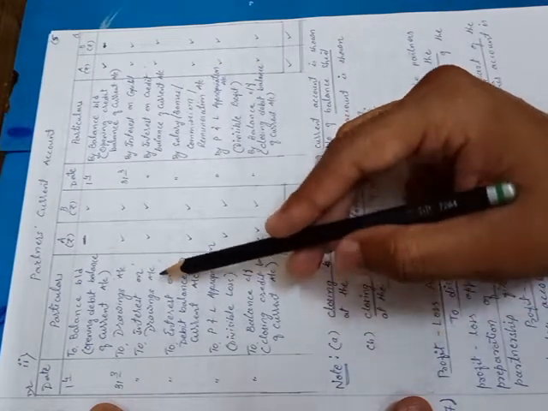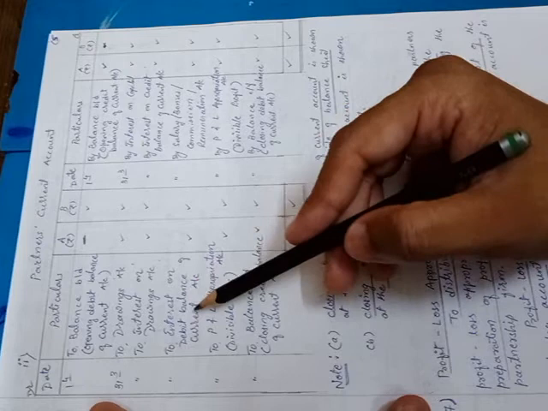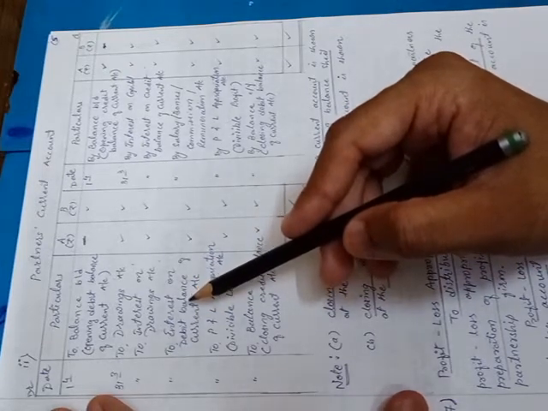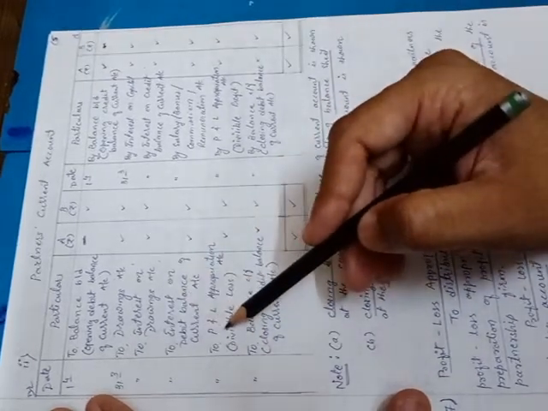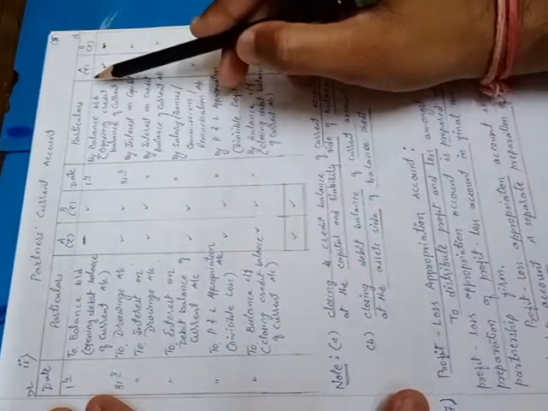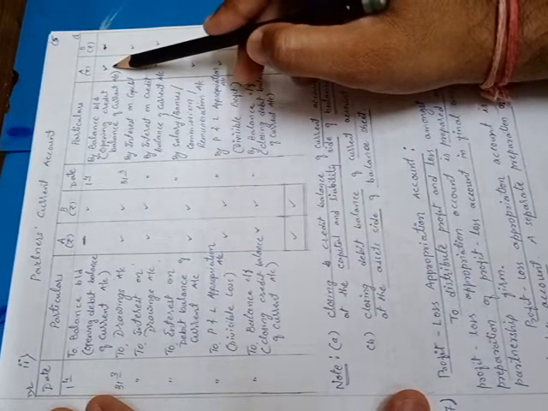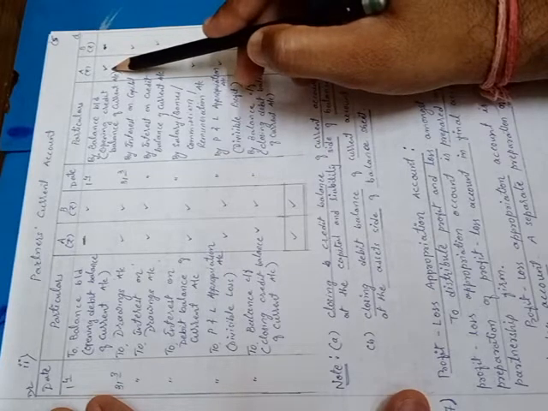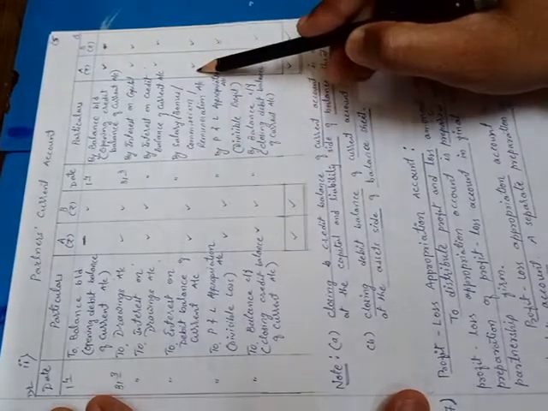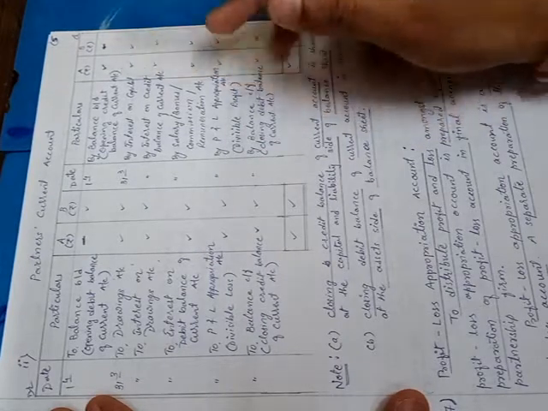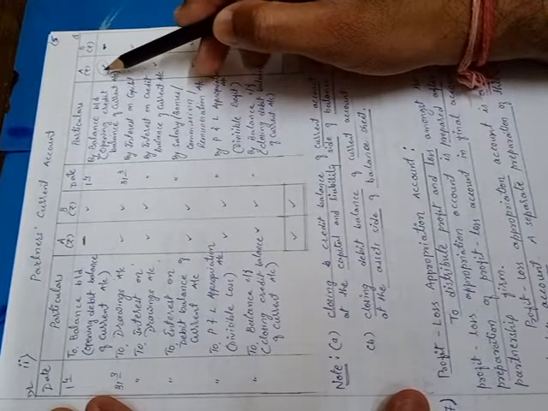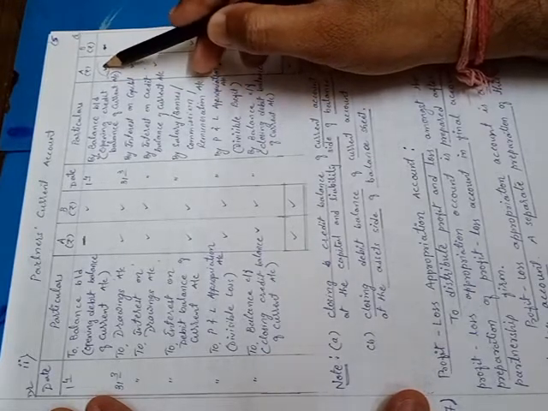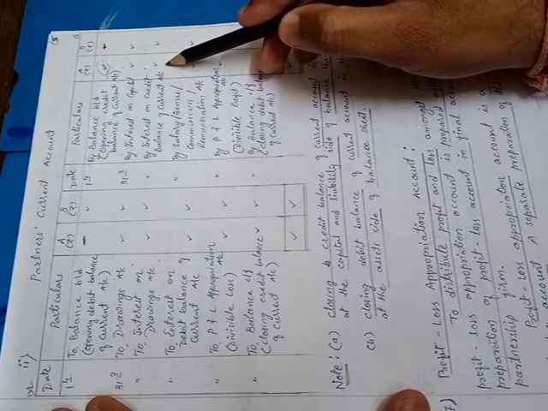Then the additional transaction available only in this method is interest on opening balance of current account. We have seen that the opening balance of the current account can be a credit balance and can also be a debit balance. If we have a credit balance of current account, then interest on this credit balance is recorded on the same side where its balance is recorded. Like A's current account has a credit balance, so for A, the balance of current account we recorded on the credit side, and its interest is also recorded on the credit side over here.